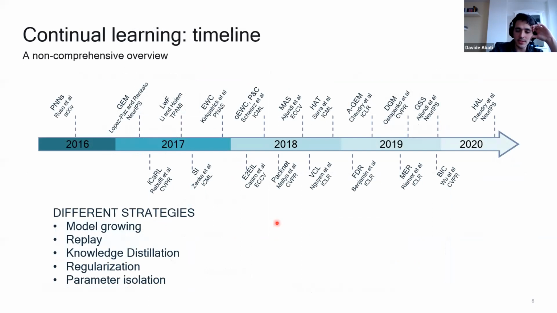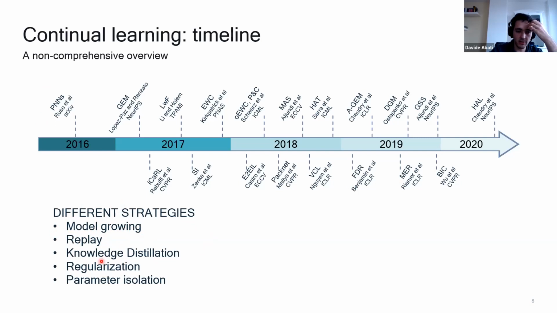So in the last few years, due to the renewed interest in neural networks, there have been a lot of papers about continual learning, and this is a non-comprehensive list. These are my personal favorites. However, they cluster into 5, actually into more, but to keep it simple, I narrowed down to 5 categories: model growing, replay, distillation, regularization, and parameter isolation.